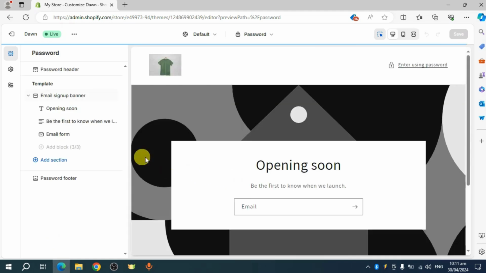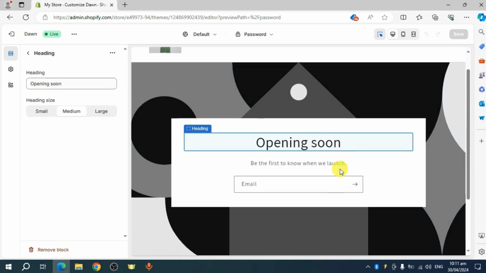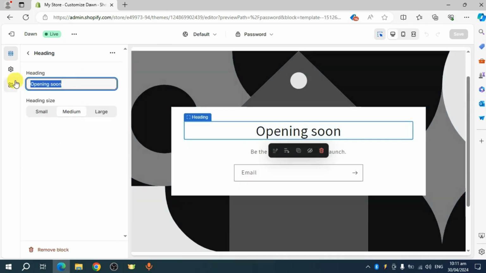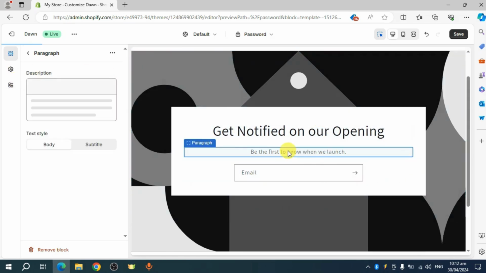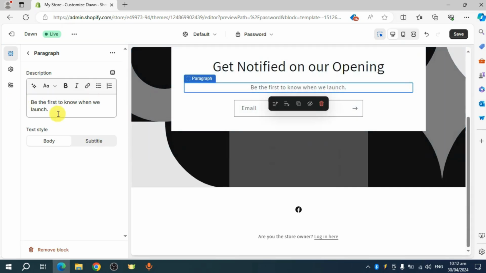And then once you have done that, you should be able to see in here your store opening soon password. So you can click on this right here and you can edit out the heading. So for example, let's say something like get notified on our opening. Then you can also just try to change this one. Like for example, you can change it like on the text itself or to the text style that you have